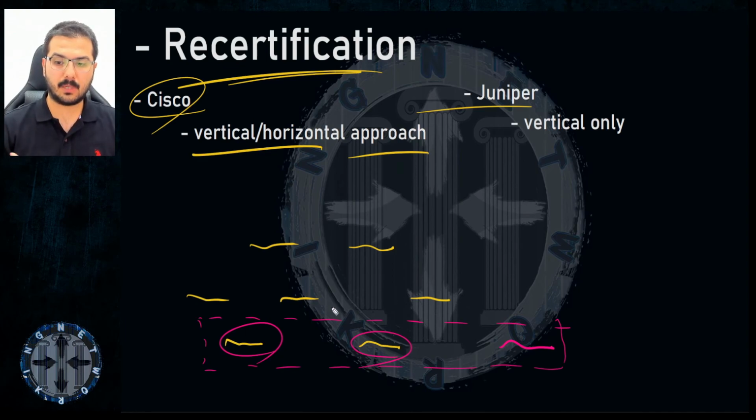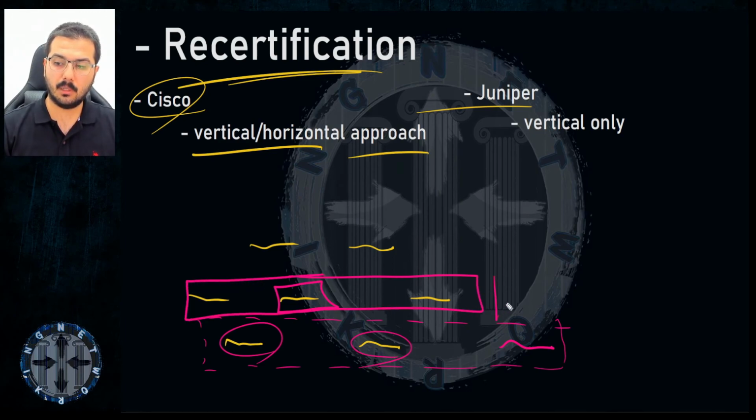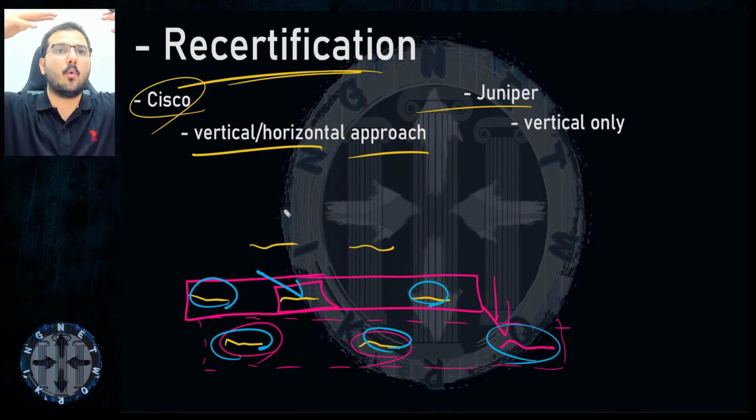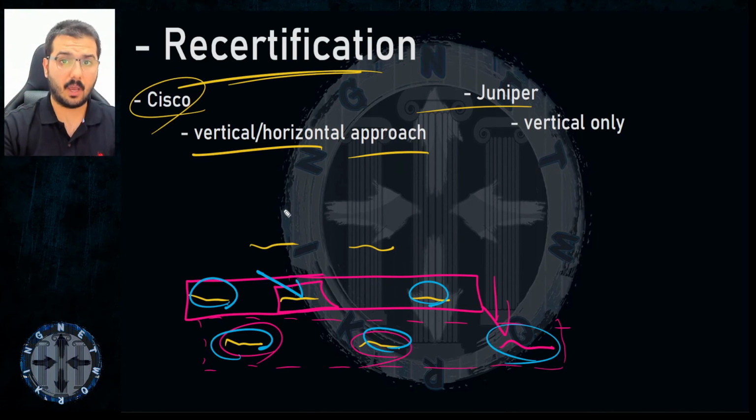If I pass or retake a specialist level exam of Cisco, it will recertify the horizon and below. So by passing that single exam, I will recertify 2, 3, 4, 5 more certificates that I have from Cisco. Now if you pass the professional or the expert the same way, all the lower levels will be recertified. So passing an expert level with Cisco recertifies all of the other certificates you have from Cisco.